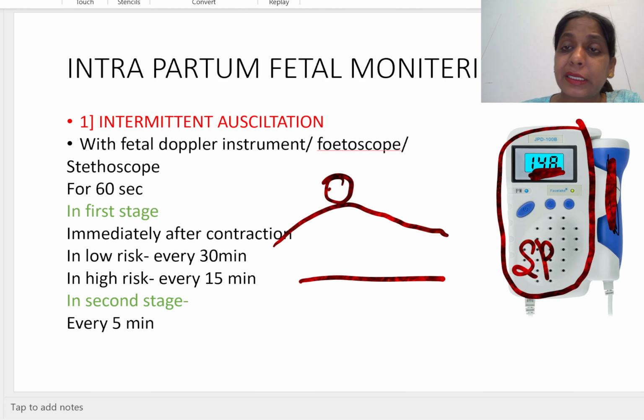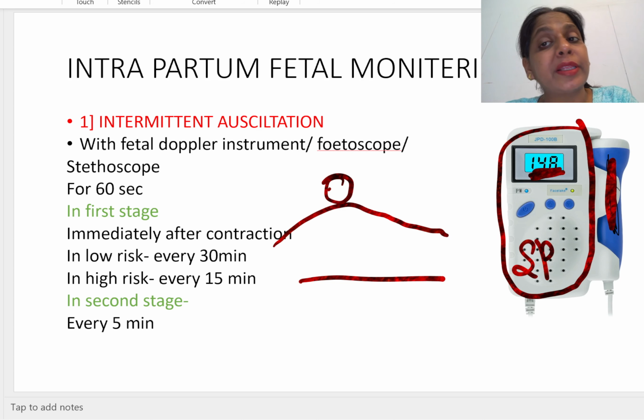So for 60 seconds after every 30 minutes or 15 minutes in the first stage of the labor, depending whether it's a low risk pregnancy or a high risk pregnancy, and in the second stage every 5 minutes. Okay,